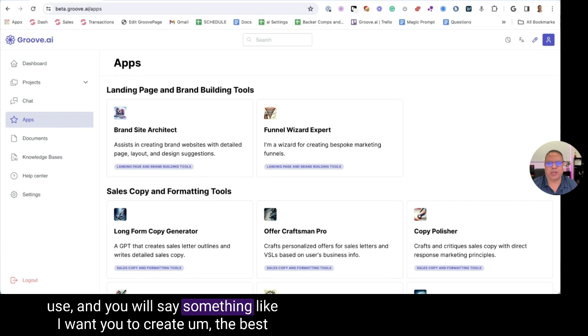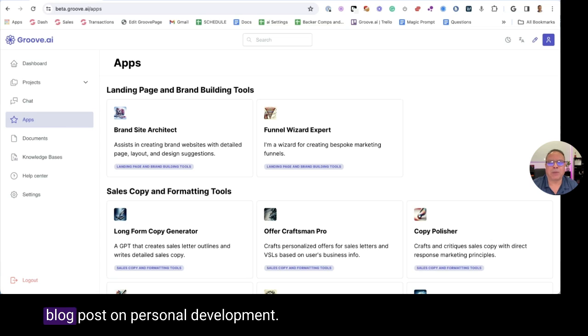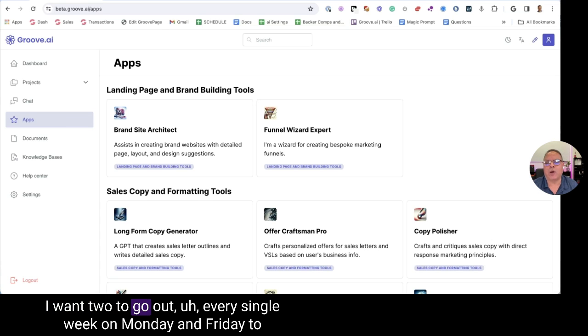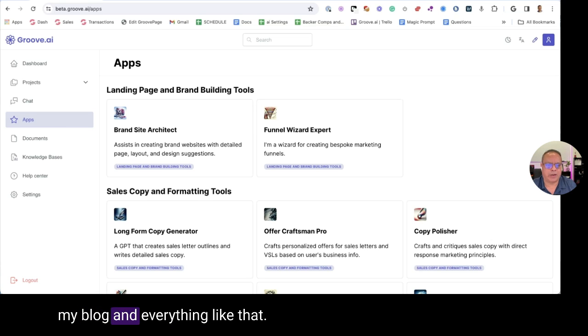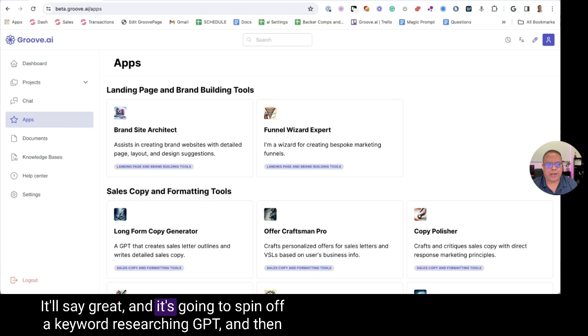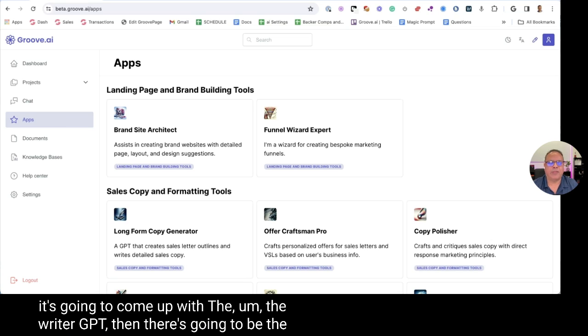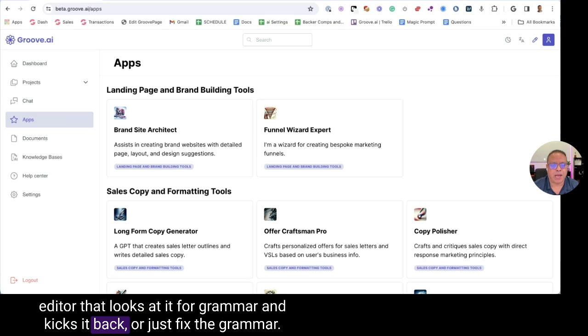And you will say something like, I want you to create the best blog post on personal development. I want 2 to go out every single week on Monday and Friday to my blog and everything like that. It'll say, great. And it's going to spin off a keyword researching GPT. And then it's going to come up with the writer GPT. Then there's going to be the editor that looks at it for grammar and kicks it back, or just fix